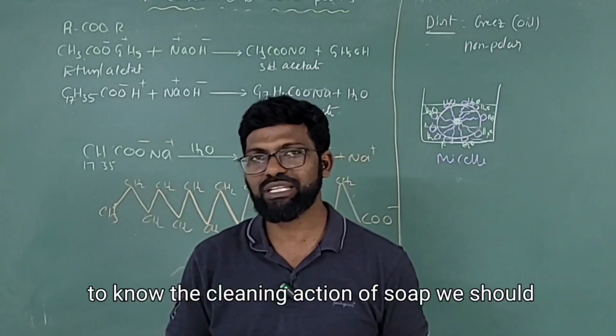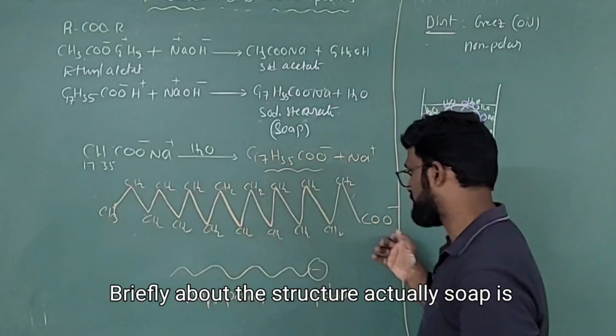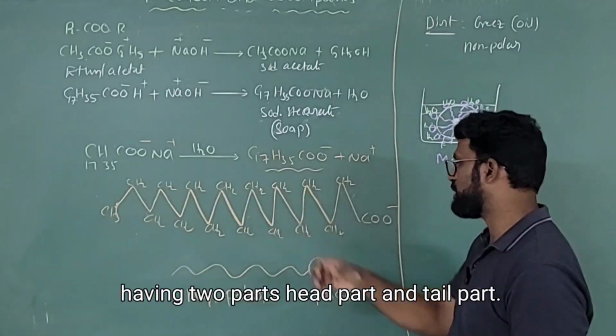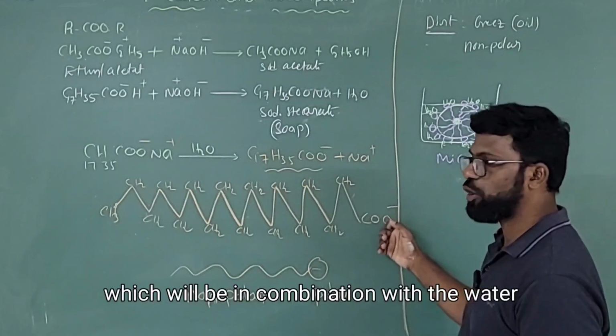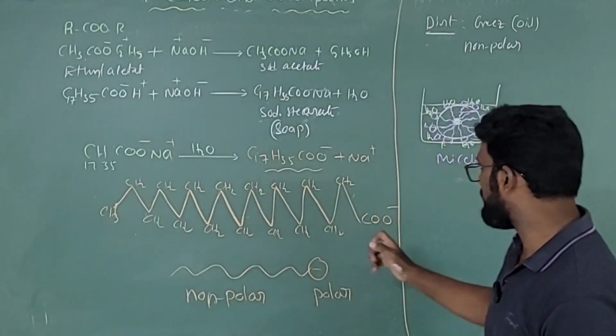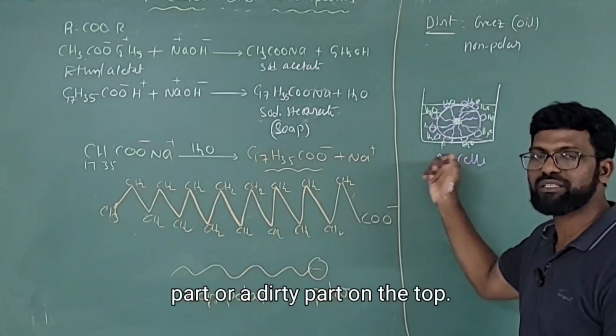Before going to know the cleaning action of soap, we should know what is soap and what is its formula, briefly about its structure. Actually, soap is having two parts, head part and tail part. The head part is a polar part, and which will be in combination with water molecules. The tail part is non-polar part, which forms a micelle by combining with a greasy part or a dirt part